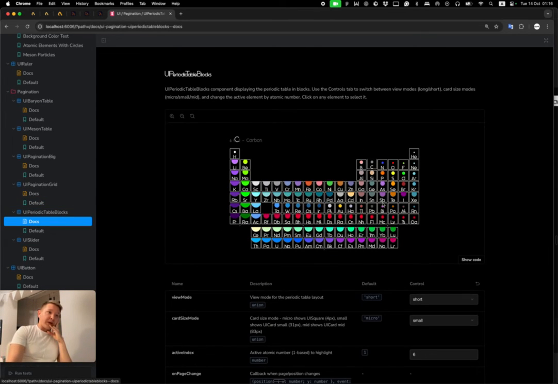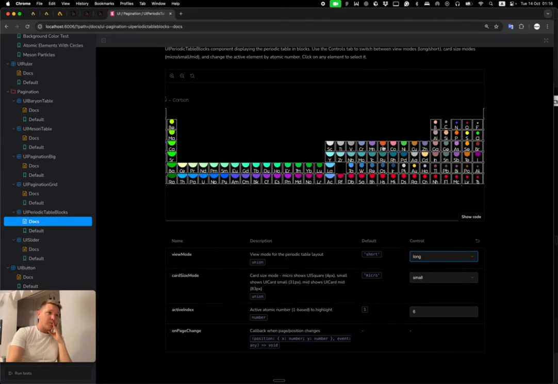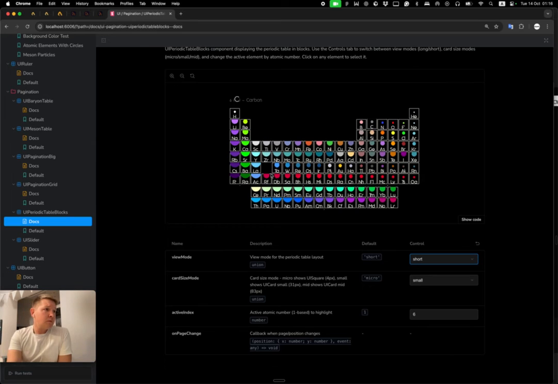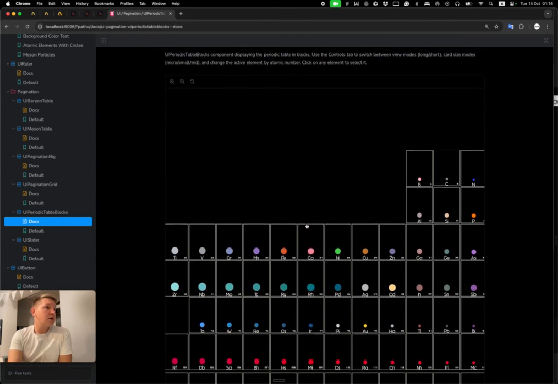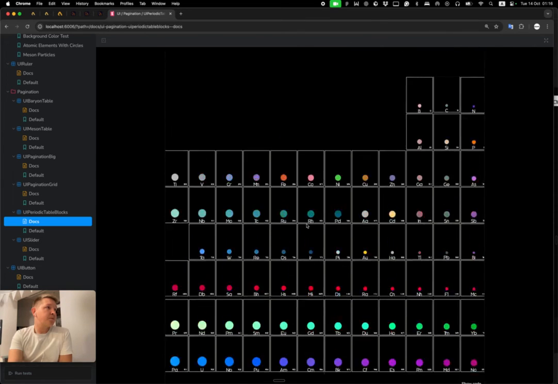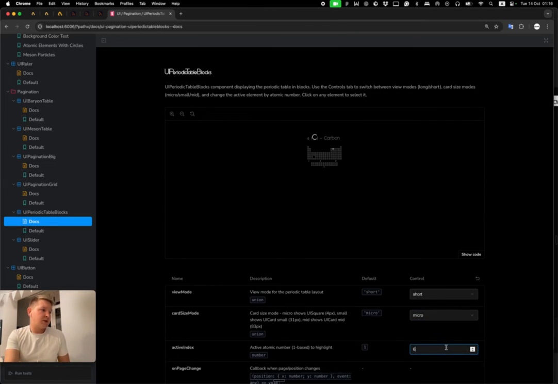So moving from here, I have a short version and long version when I have them. Something missing here. Weird. I have big cards there, and I have micro cards there, and based on the active index it's moving.